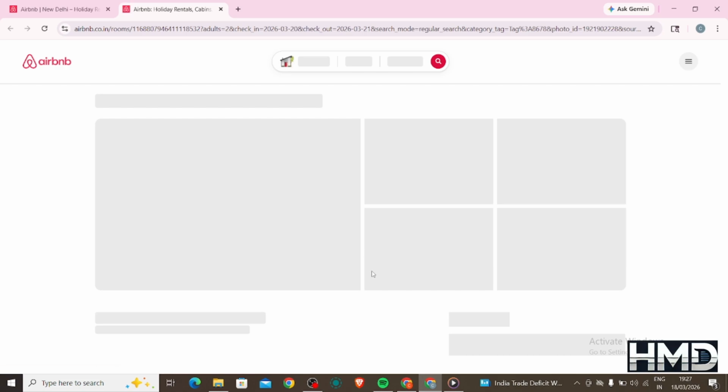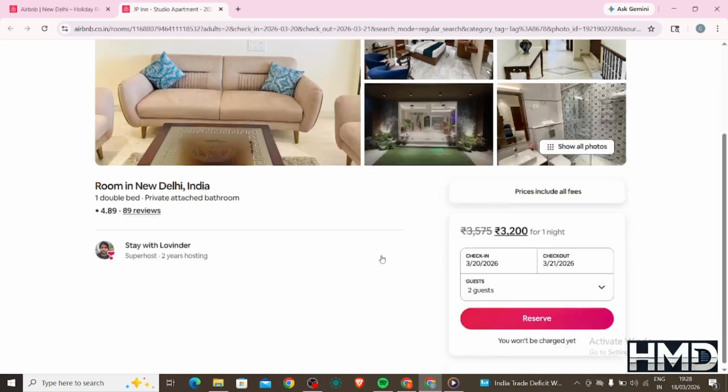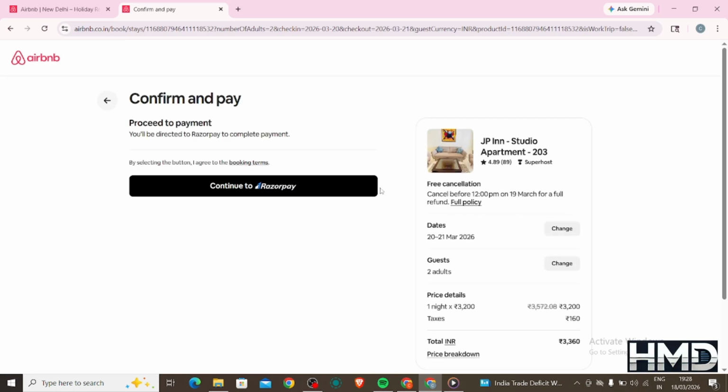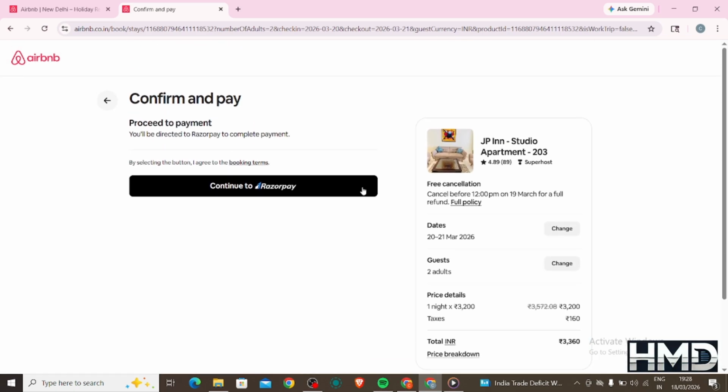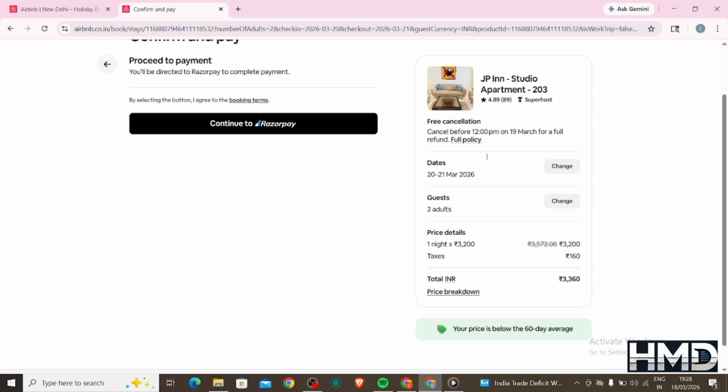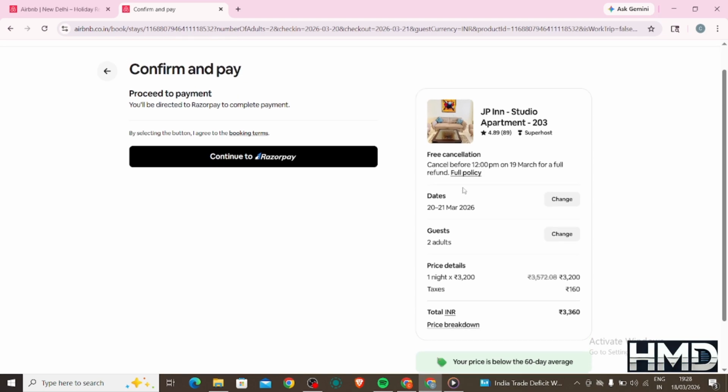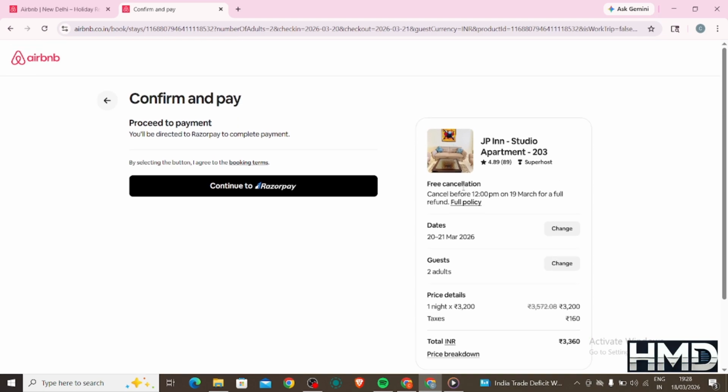If everything looks good, click the reserve or book button. Some listings allow instant booking, while others may require approval from the host. Enter your details, confirm the number of guests, and proceed to the payment page. After entering your payment details, review everything carefully and confirm your booking. Once your reservation is successful, Airbnb will send you a confirmation email with all the details, including the address and